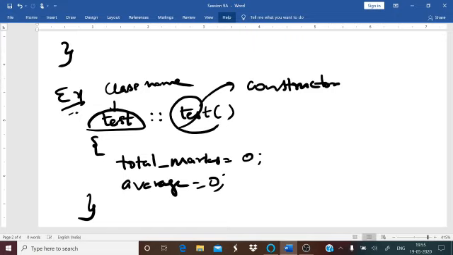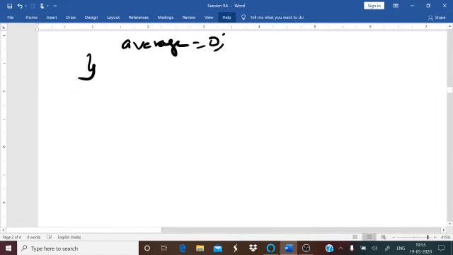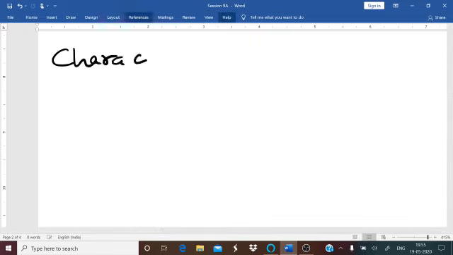Okay. Now, let us go to the next part, that is the characteristics of constructors. Again, this is an important 5-mark question. Characteristics of a constructor. Now, what are the characteristics?